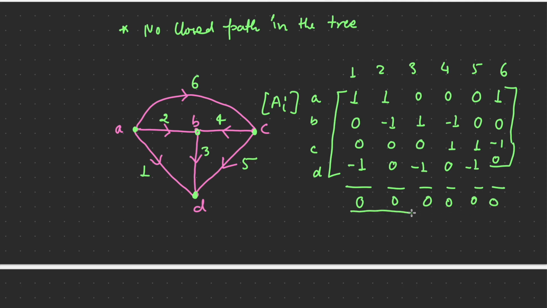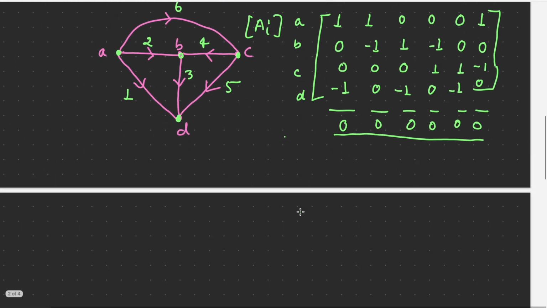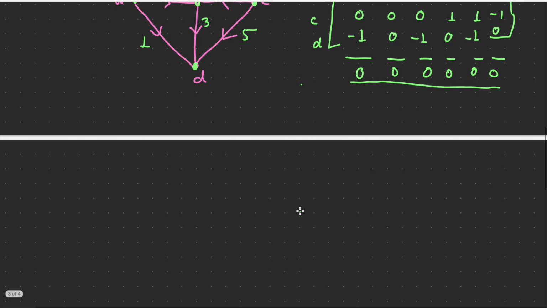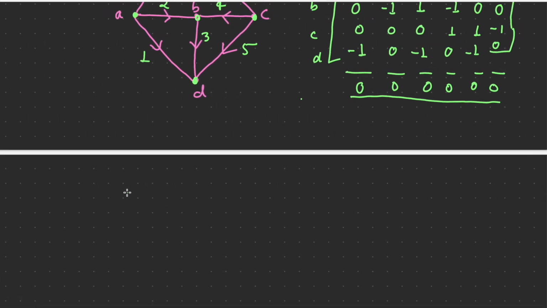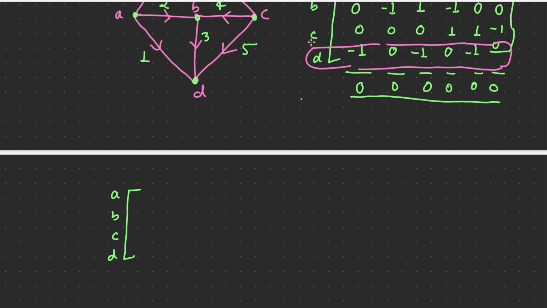So out of this incidence matrix, we can form a reduced incidence matrix. To form the reduced incidence matrix, we can delete any one row out of the 4 rows, and the rows are written for the nodes A, B, C and D. So any one row we can delete or eliminate, and we can write the reduced matrix for the given graph. Whether you delete A, B, C or D, anyone, it doesn't matter, but more than one row we cannot delete.